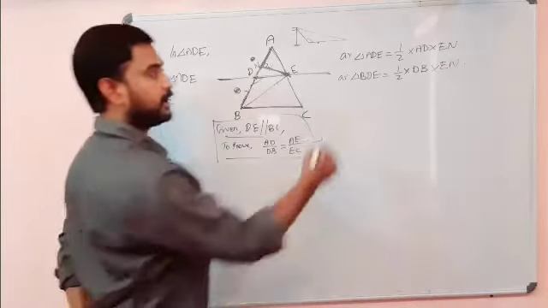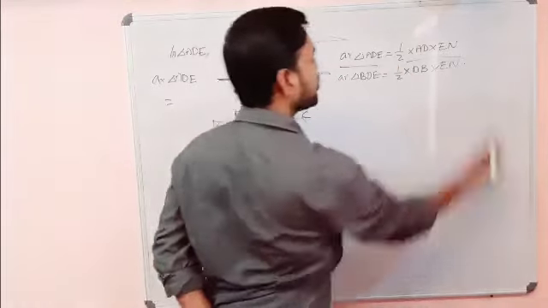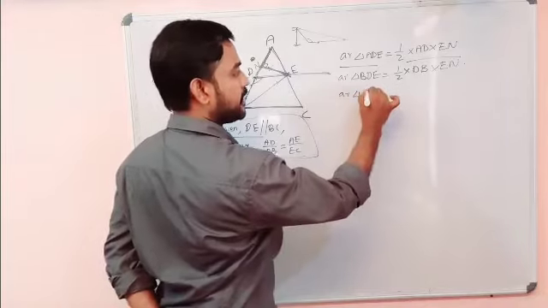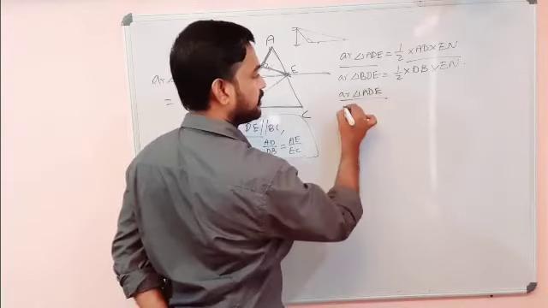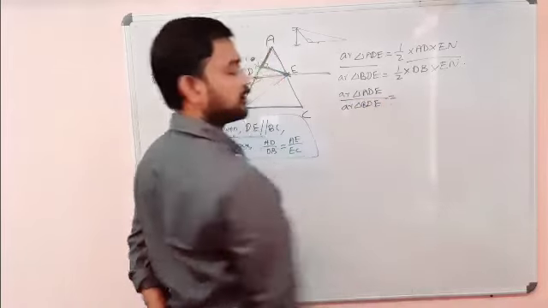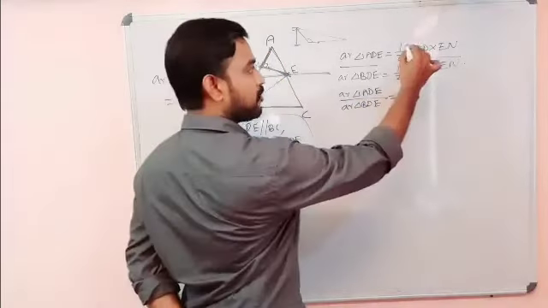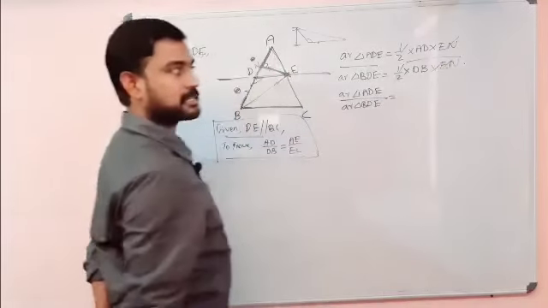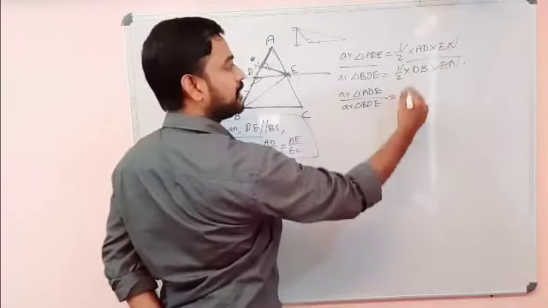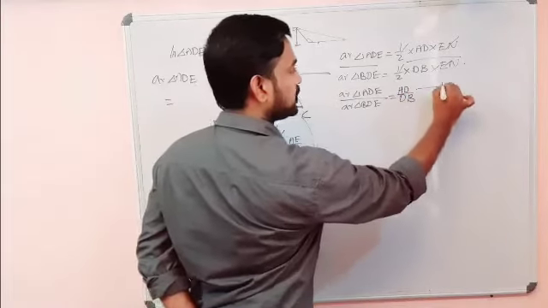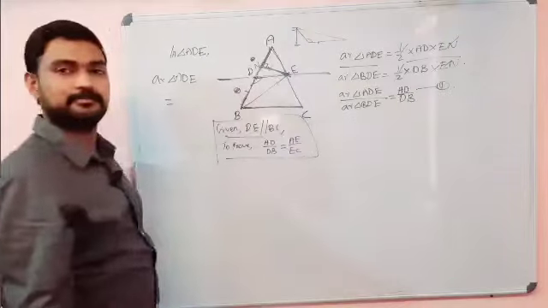Now we can do one idea, just divide these two values. So what do we get? The area of triangle ADE divided by the area of triangle BDE is equal to, when we divide, this half and this half will cancel, and this EN and this EN will cancel. At last there is AD by DB only. AD by DB. We can give equation number 1 to this answer.